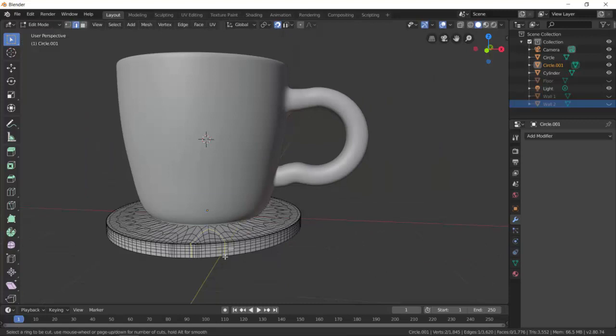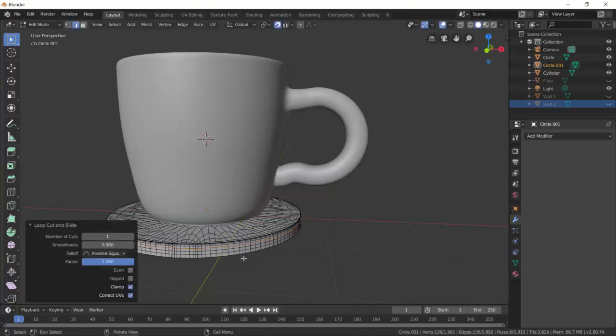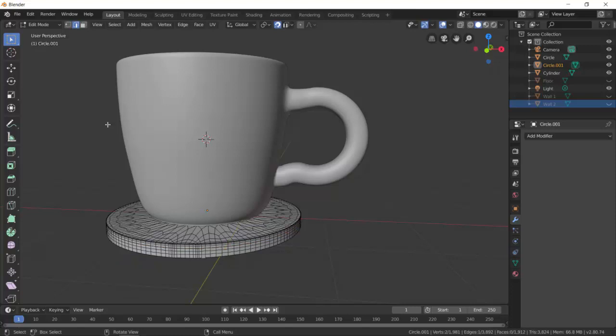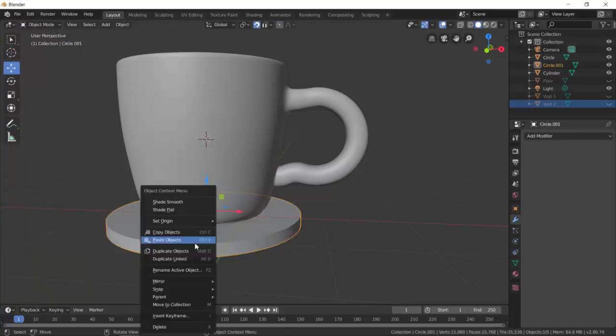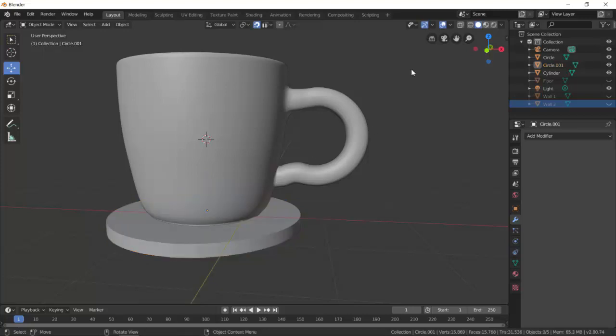If I was to add a loop cut to this side, so to the circle area, I'll start to smooth my edge. I go back into object mode, and I'm going to change that to shade smooth, so right click shade smooth,